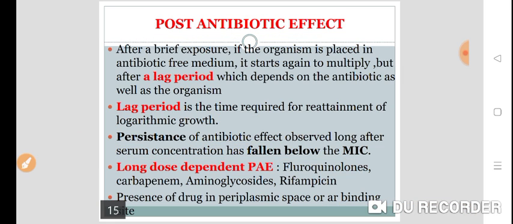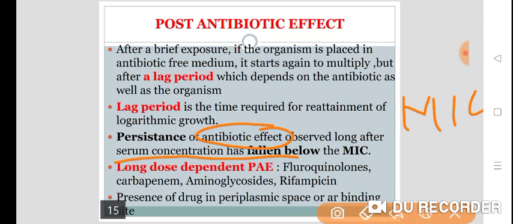What is meant by post antibiotic effect? Persistence of the antibiotic effect observed long after the serum concentration has fallen below MIC, means though the plasma concentration of a drug has fallen below the minimum inhibitory concentration, still it will show its effect, it will show its efficacy, it will become effective even after the plasma concentration has fallen below the minimum inhibitory concentration, and that is called as the post